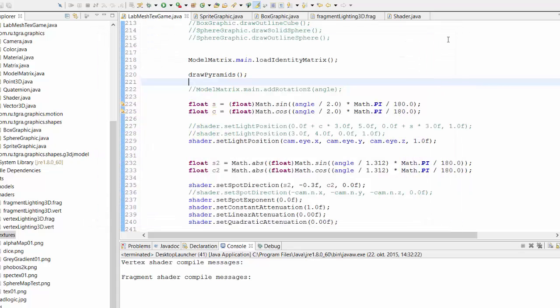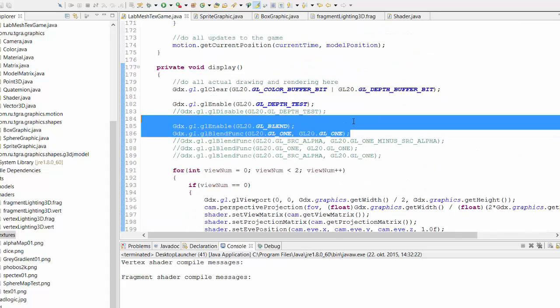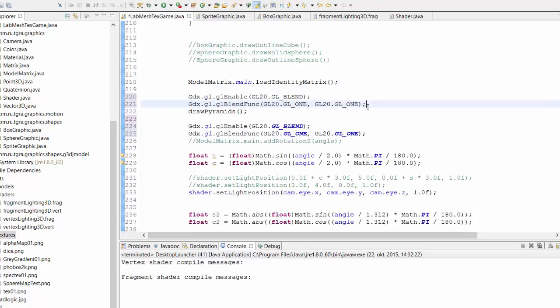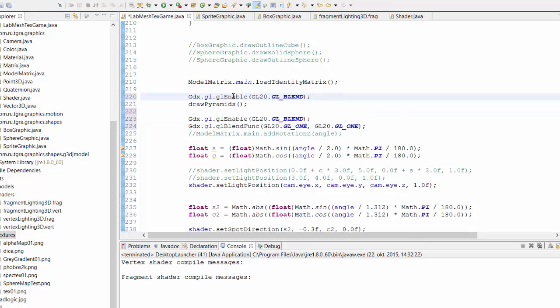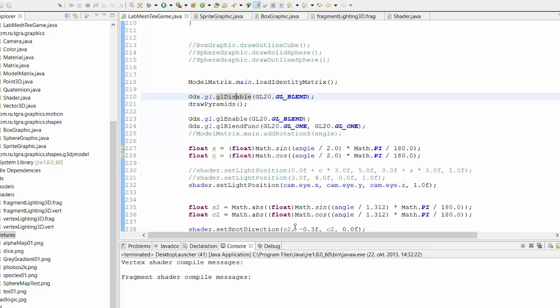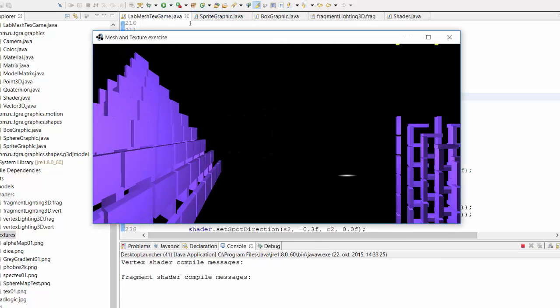And what we should actually do as well is we should take the blending here and enable it here, but disable it before. And again, you can add stuff like disable and enable blend into the functions that draw the things themselves. We can enable blend inside the sprite draw function and disable blend inside the box draw function, or any way you want. Right now I'm just doing this all in the single function. So now this is solid,